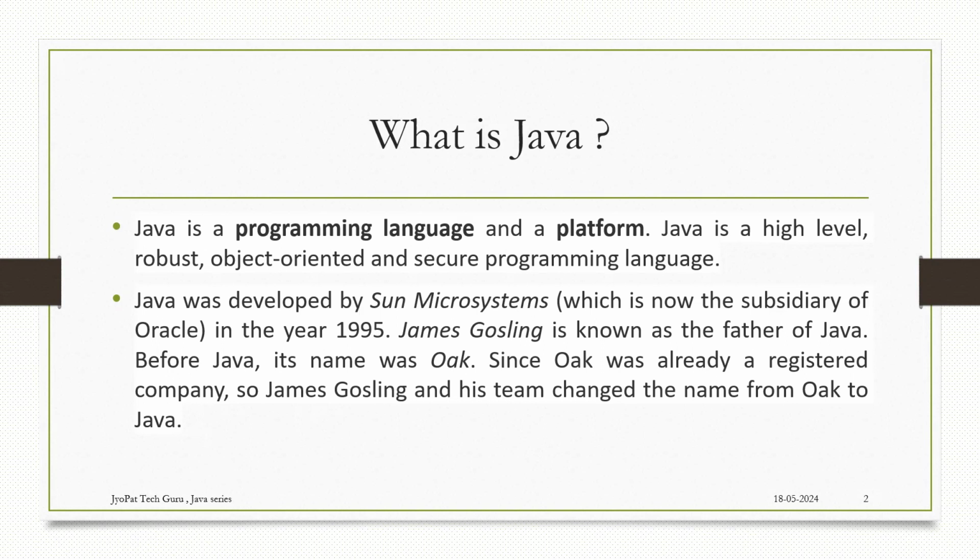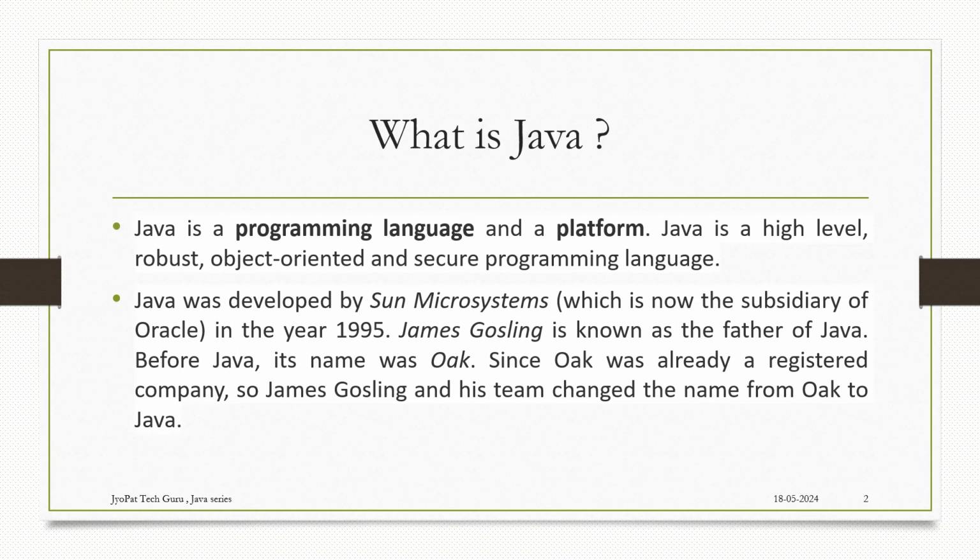Java is a high level, robust, object oriented, and secure programming language. It is high level because many of the high level programming things we are going to consider while writing the program. It is robust in varieties of ways we can use it. It is object oriented. It totally depends upon classes, inheritance, and many other concepts which are standard things in OOPS. It is secure as it provides a number of ways through which I can secure my applications. It was developed by Sun Microsystems.